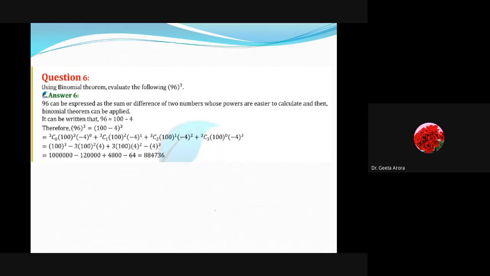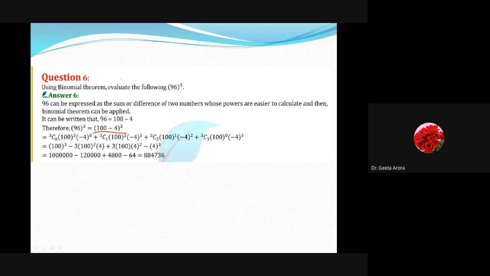Here what we are going to do, we are also going to write it as 100 minus 4 cube, but maybe we are not aware of the cube formula, or sometimes at the time of examination we forget all the formulas and say, oh, the formula was wrong, right? Otherwise we can get an answer. So here we can see how we can derive the formula also for small powers or any power of n. So if we have this 100 minus 4 raised to power cube, as I have discussed, it can be written as